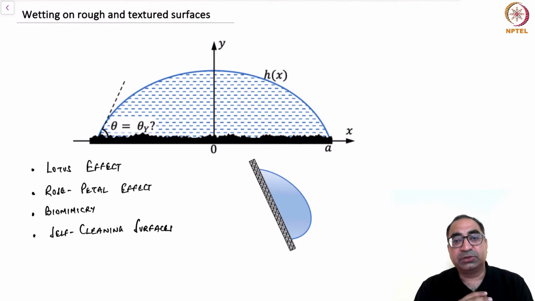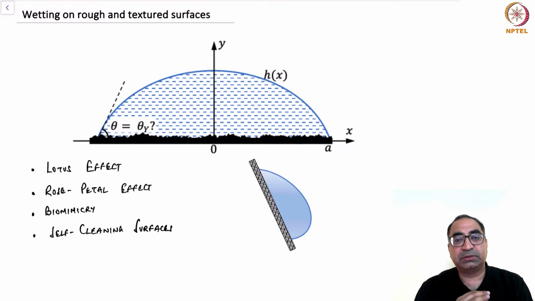sitting on the leaf. So you may have heard of words like lotus effect, rose petal effect, self-cleaning surfaces, biomimicry. Now, if you want to understand some of these words, we need to look at wetting on rough surfaces. And when it comes to engineering and technological applications, we can also manufacture controlled rough surfaces or textured surfaces. I already gave one example of